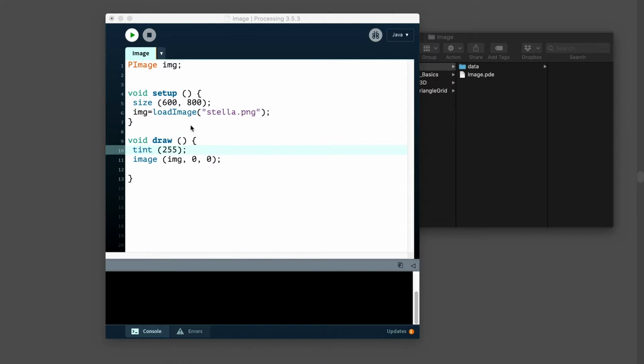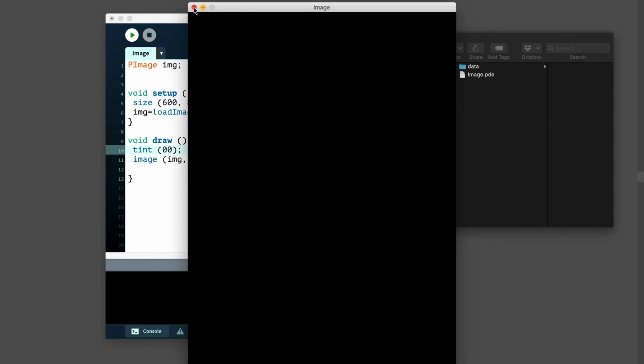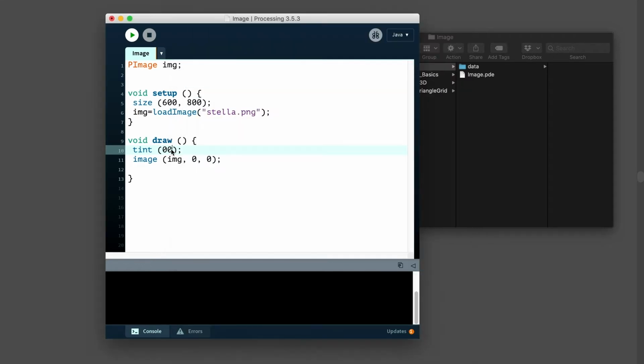So this is the full brightness, and again, if I brought it down to 0, there you go. The 0 is completely dark. So this is a way to kind of tint the image. If I put in 2 numbers, maybe if I did like